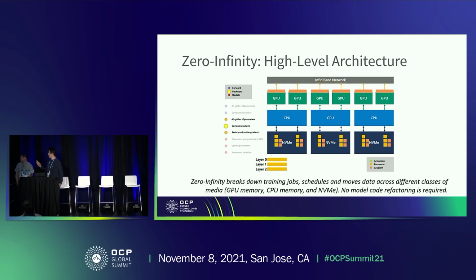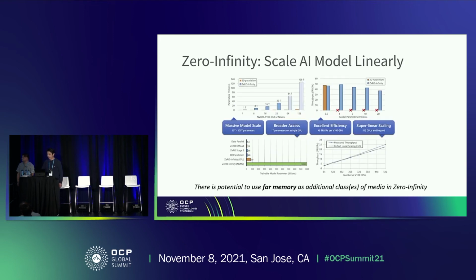Also, the key point here, compared to the old way we were doing it, for example the 3D parallelism methodology, of trying to scale up the AI model: this particular methodology has two key points. First, it doesn't require code refactoring. The second is that it also tries to leverage the larger-size NVMe storage in the existing architecture. So as a result,